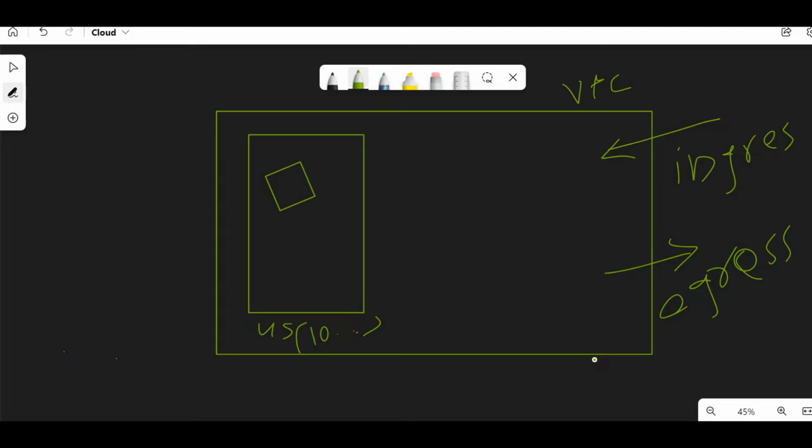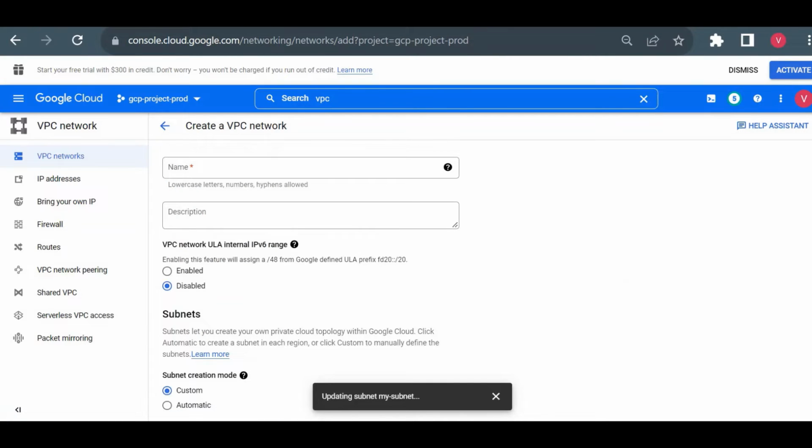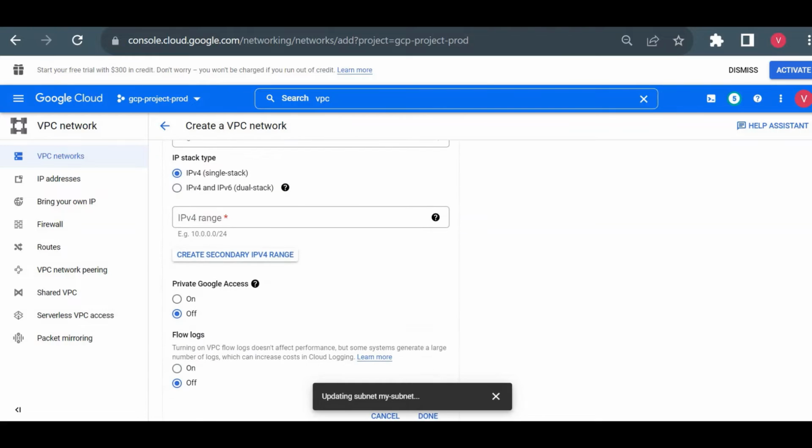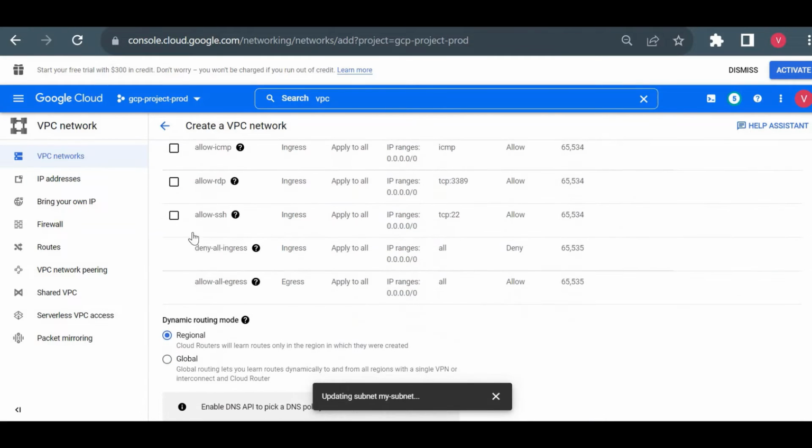So always remember, whenever we create a VPC, there will be two firewall rules by default. We don't need to create that. By default these two are available, which will block your incoming traffic and allow your outgoing traffic. So I'll show you. Suppose I go to create VPC network, I already have one, still I'll show you while creating. Now here you could see these two, no checkbox available. So first is deny all ingress